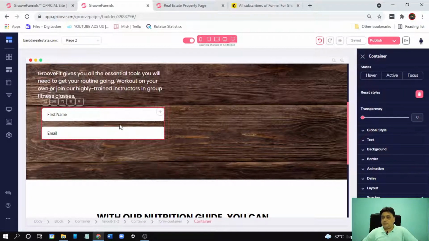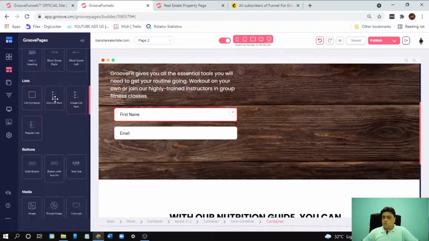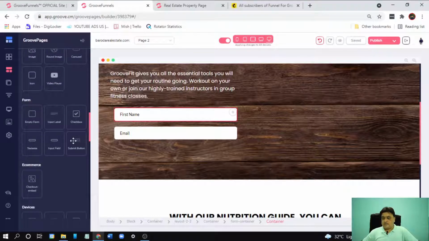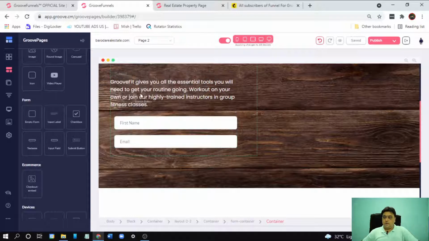Now we have to select a submit button. So go to the form section again, select submit button, and drop it here. Remember guys, always drop it inside the form container, not anywhere outside, otherwise we will not collect the opt-in inside our MailChimp or any email autoresponder.